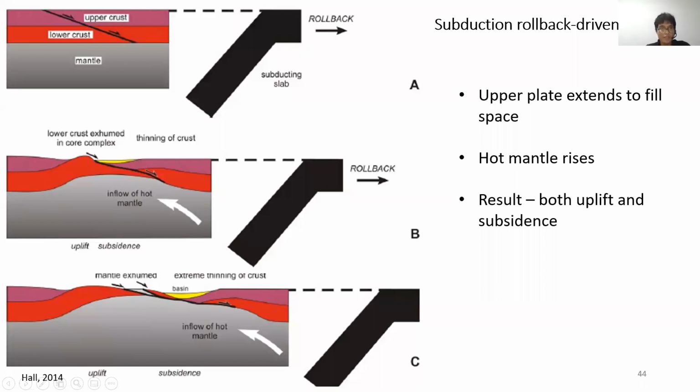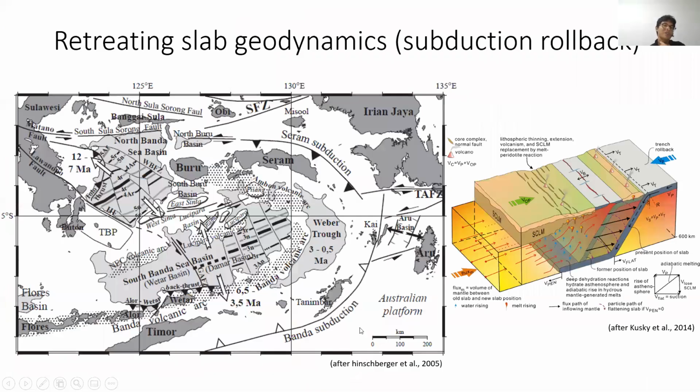So if we see here, Hinsberger already dated the North Banda Sea and then the South Banda Sea, and from his work we know that the North Banda Sea formed between 12 to 7 million years ago. So probably this is in the middle Miocene, and then the South Banda Sea is 3.5 million years ago, so it's about Pliocene, and then this is the younger Weber Trough. At the moment, this is the volcanic arc. So we can say this is the fore arc, and then we've got the back arc here. If we see this cartoon diagram,